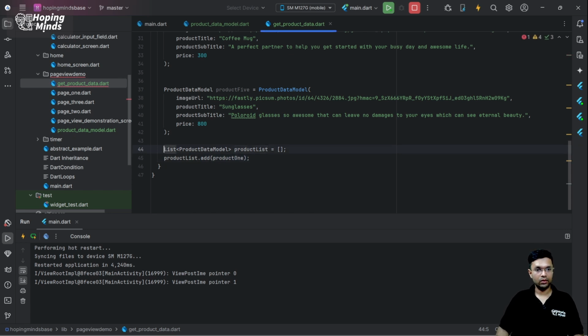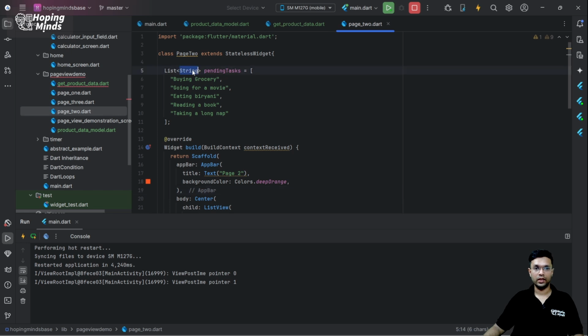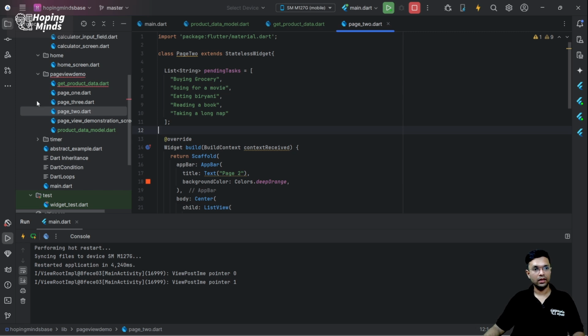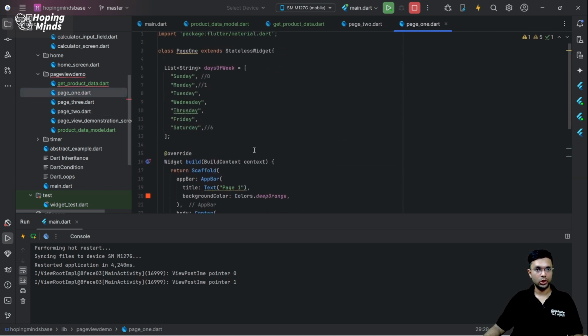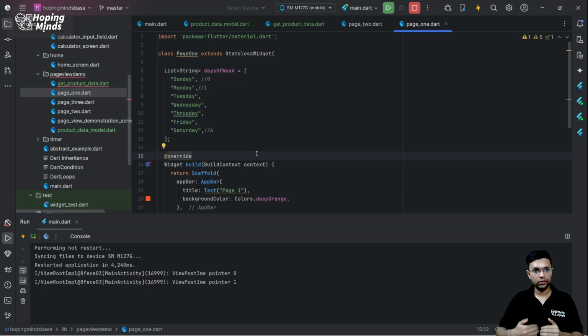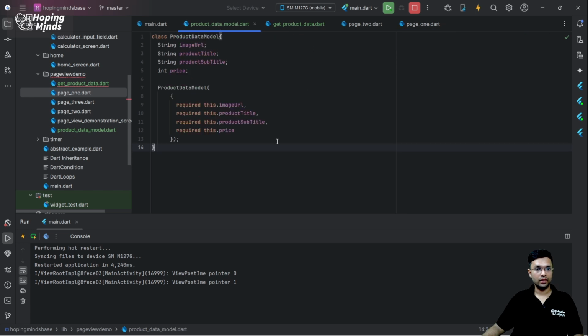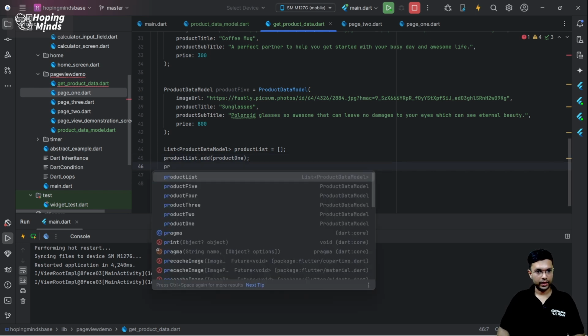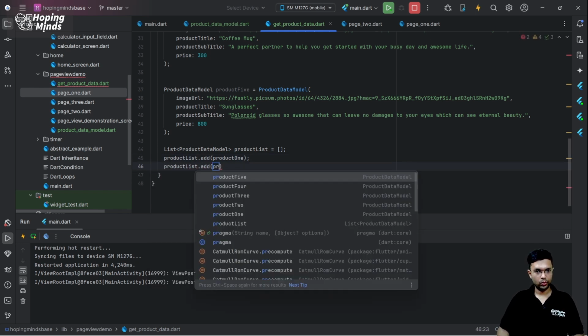What I have done over here is created a list, but in the last case we had a string, hence every time we added double quotes and then a string, even that followed to the page 1, wherein the list of days of the week were again strings. However, in our case presently, we are going to go for a complex list, for which I've put the data type for the list, and then I can try and do product 2,